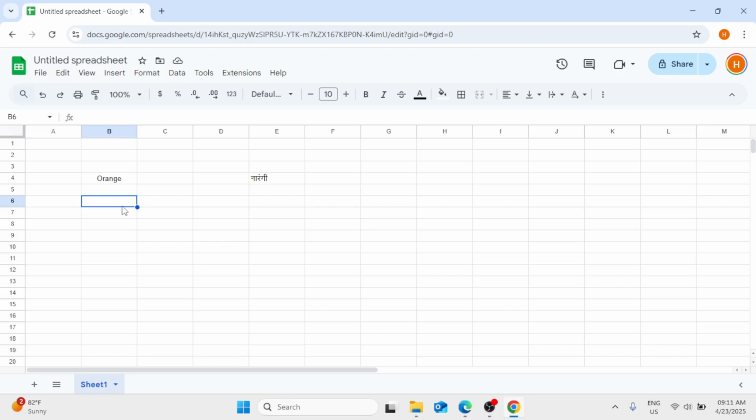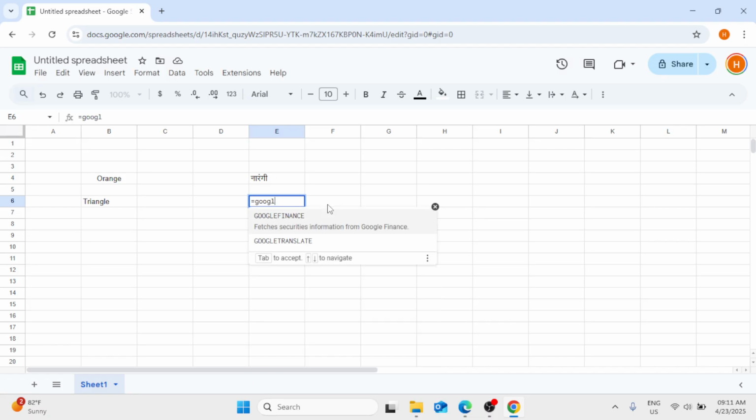Let's have triangle. Okay, so let's type in here equals GoogleTranslate, and then click on this formula. So this is the formula, GoogleTranslate: open parenthesis, the text, comma, source language, comma, and then the target language. So we need to put in here